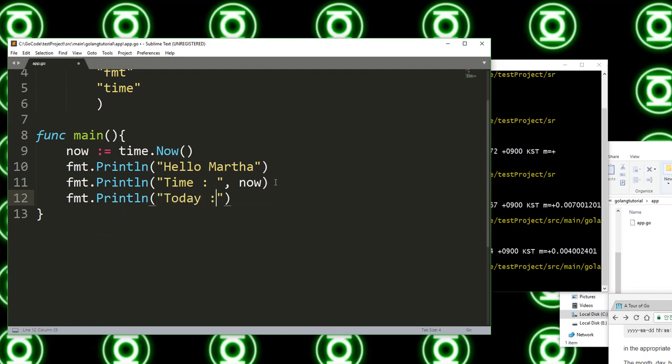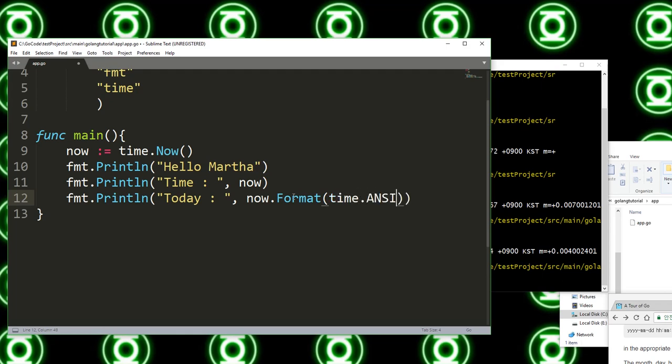So today, and then now, this is the form, and then we're going to format this string of this information over here, this variable now, time.now. We're going to format it so that we get a piece of it, not the whole thing, just a piece. So we hit format, time,